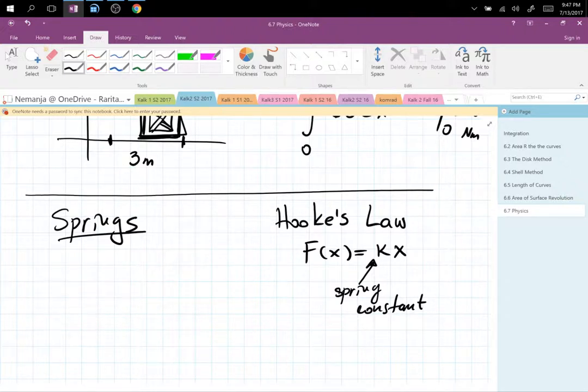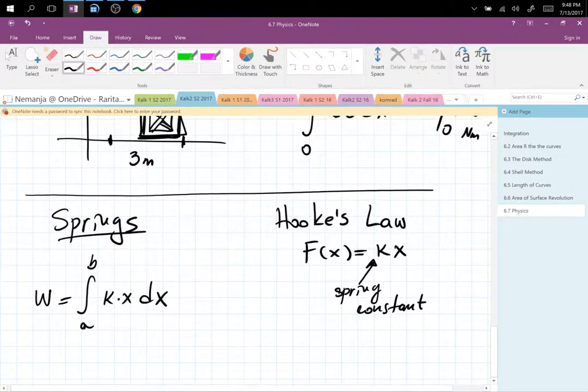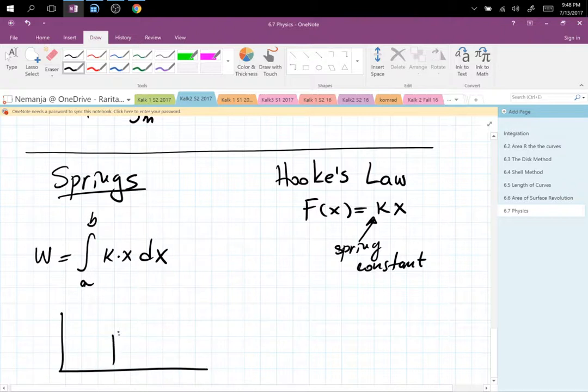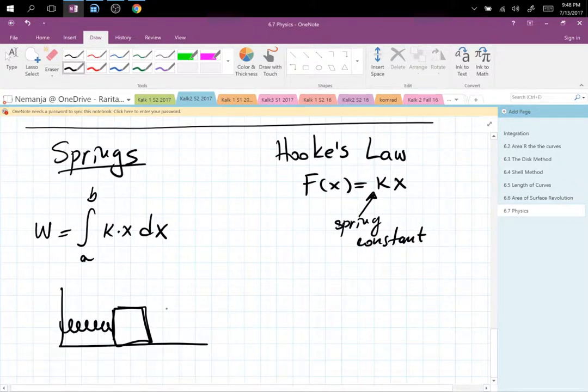So now, when you are considering work, you know that work is the integral of the force. You can see that the work done by the spring is the amount of either stretch or the shrink of the spring, k times x dx, where k is the spring constant. So say you have an object that you want to push with the spring. And let me just pick the numbers. So suppose that a force of 10 newtons stretches the spring 0.1 meters. So 10 newtons can stretch the spring